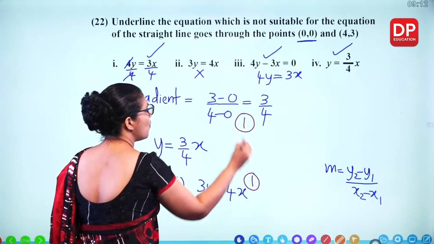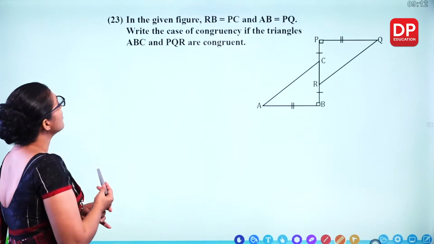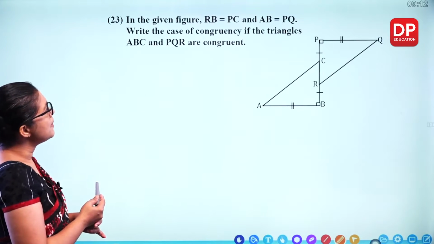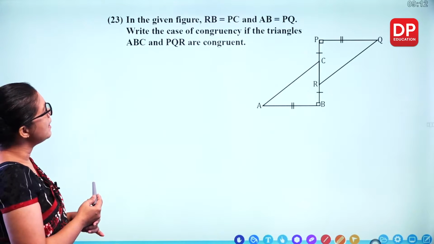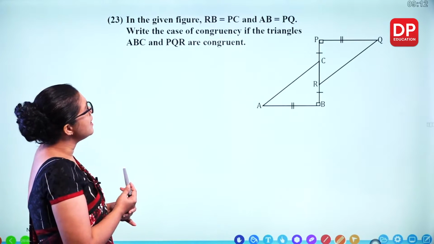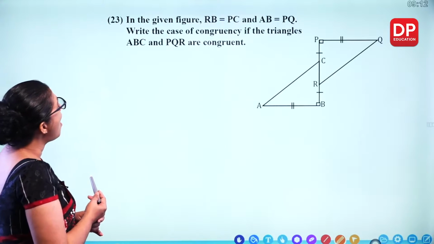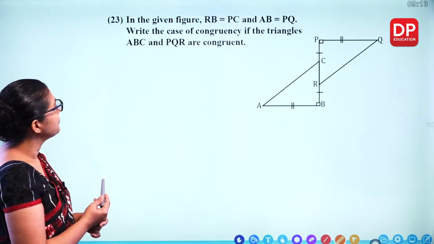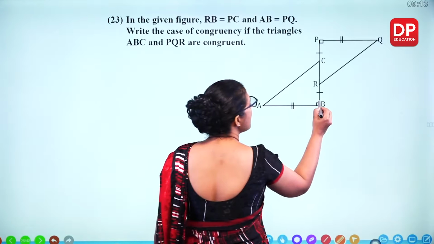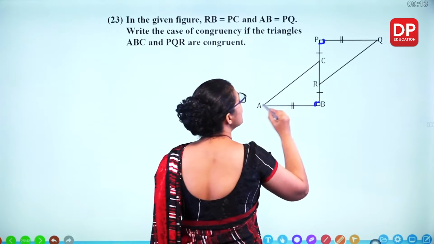1 mark here and 1 mark for the answer. Question number 23. In the given figure, RB equals PC and AB equals PQ. Write the case of congruency if the triangles ABC and PQR are congruent. So how can we say that? This is 90 degrees. Can you see? So